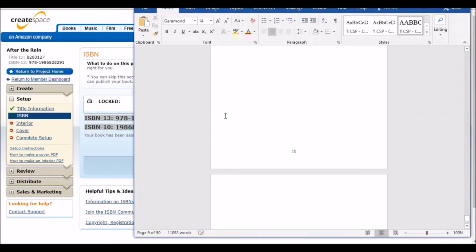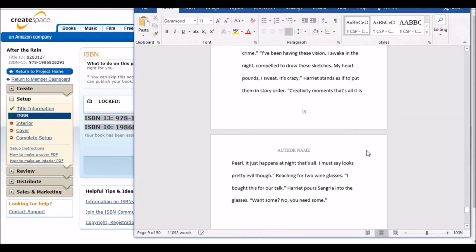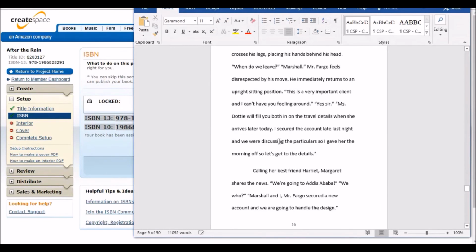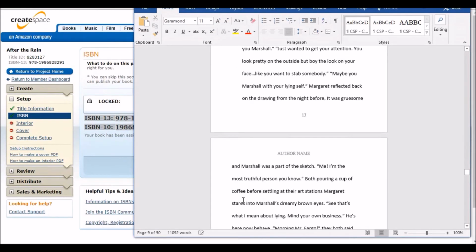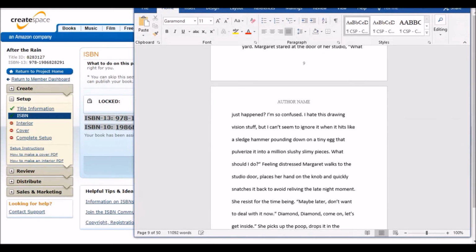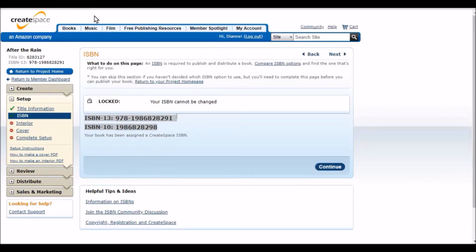Okay, now it says about the author. So you don't want to delete that page. So go all the way to here and just delete all of that information. Now, your book has populated into the actual document that we're going to upload into CreateSpace. So now I want you to go ahead and save it. And as I mentioned before, remember the name, I called it After the Rain too. So once we save that,